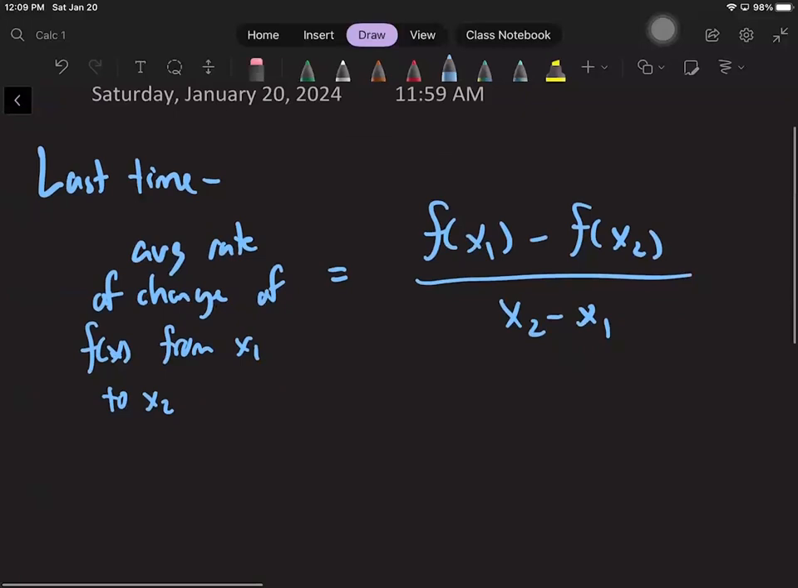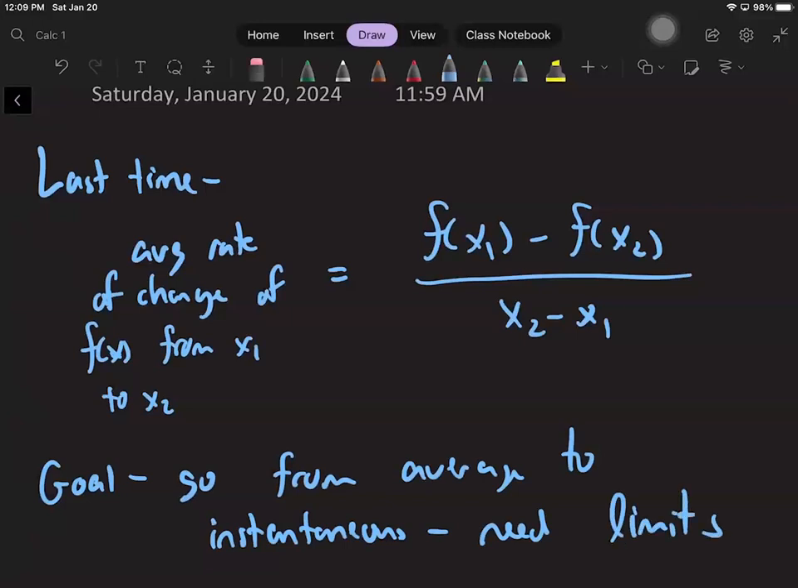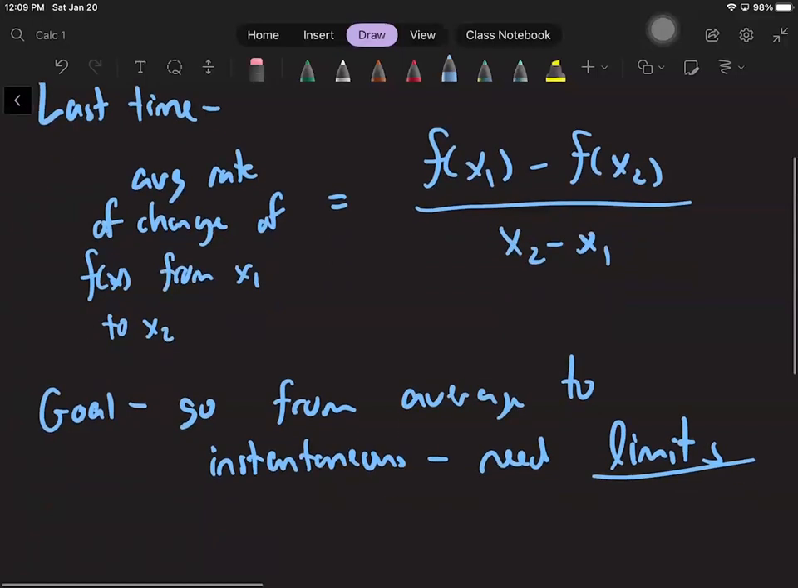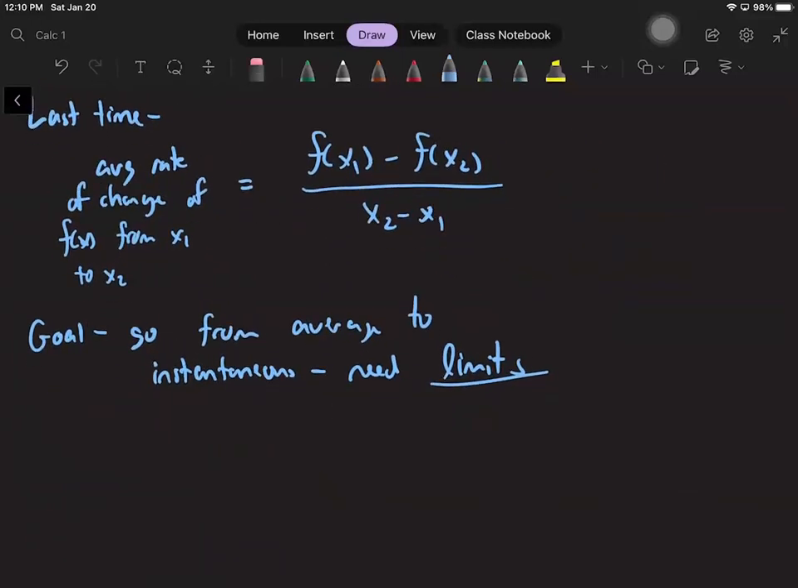We want to go from average to instantaneous. And to do that, we need these things called limits. So we're going to spend a couple weeks learning about limits. Okay, so just to sort of hint at the idea of how limits work, let's think about an interesting problem